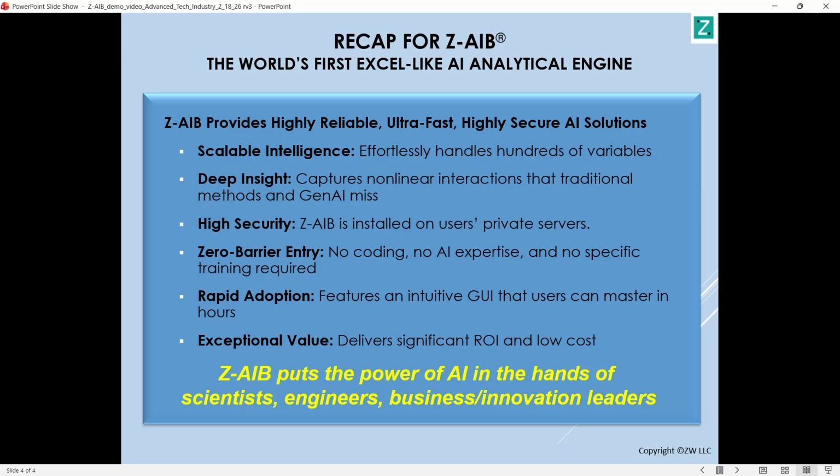No coding, no AI expertise, and no specific training required. Features an intuitive user interface that users can master in hours. Delivers substantial ROI at a low cost of entry. Z-AIB puts the power of AI directly in the hands of scientists, engineers, and business leaders,